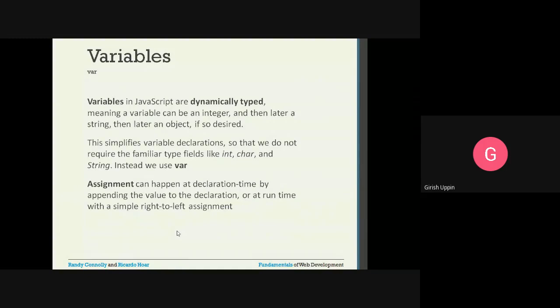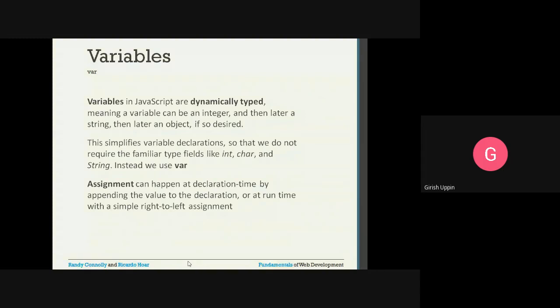If you store an integer, it will be an integer. If you store a string, it will be a string type. Assignment can happen at declaration time by appending the value to the declaration, or at runtime with a simple right-to-left assignment.